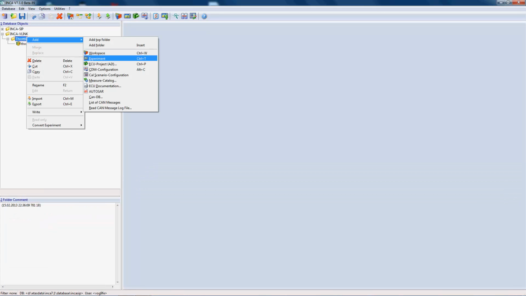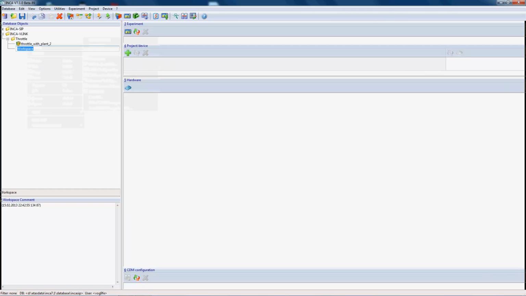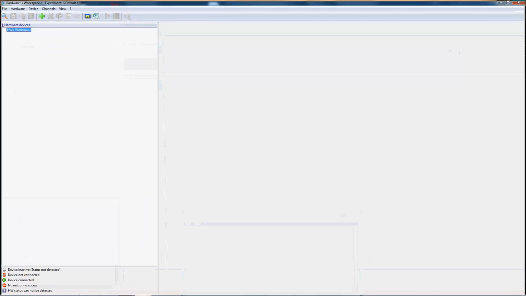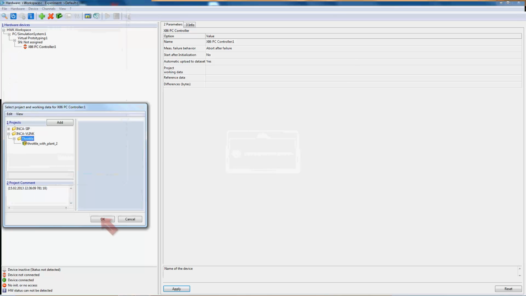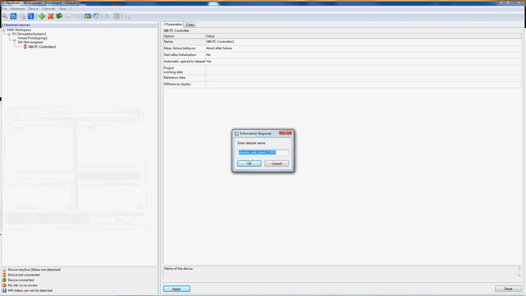As I will not be connecting to a real ECU, I pick the PC simulation target as my ECU. I pick the x86 controller and assign the A2L file to the simulation.